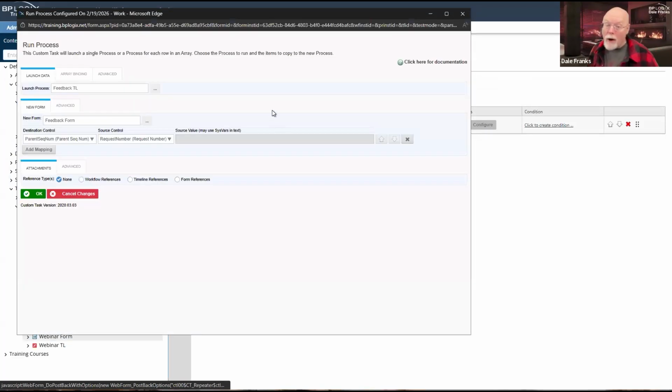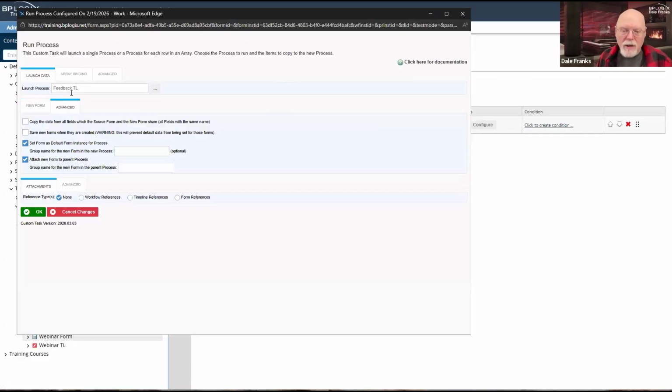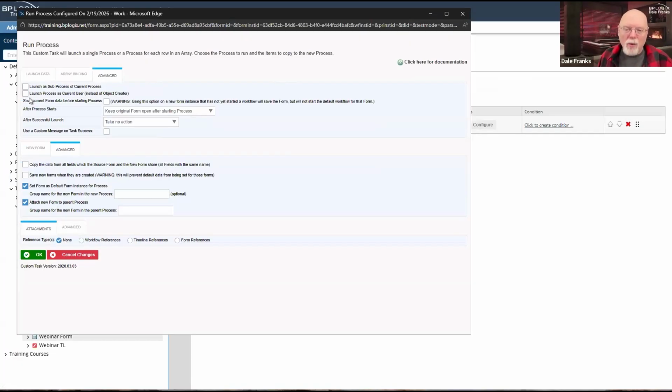Now, it may be that you want it to work that way, and there's no best practice, right? There's no answer of what is the best way to do this. You just have a lot of options on the way that you want to do it. So what you check in these advanced tabs, you may want to test around and play with it and see what is best for the scenario that you're using. And I know it's inconvenient to have to do that. It's best if you just know whether you want these three check boxes turned on or off.